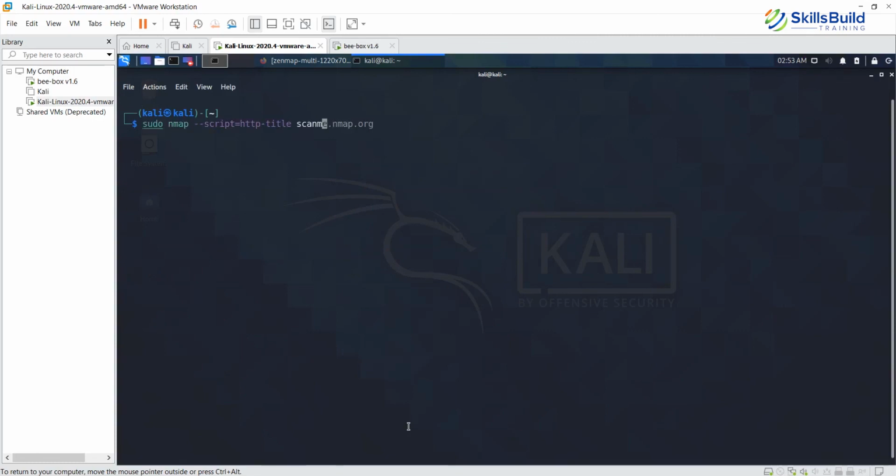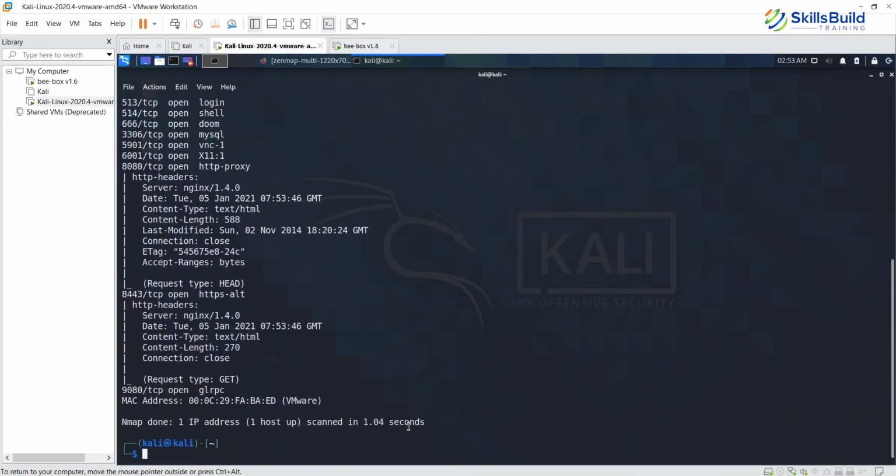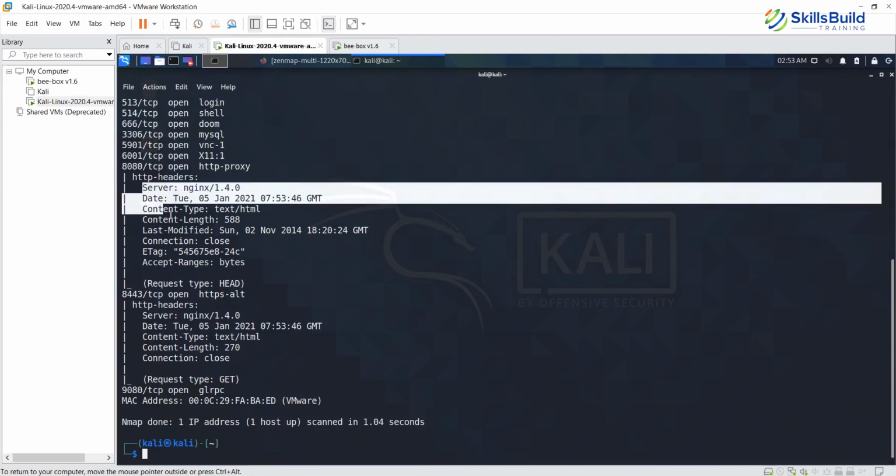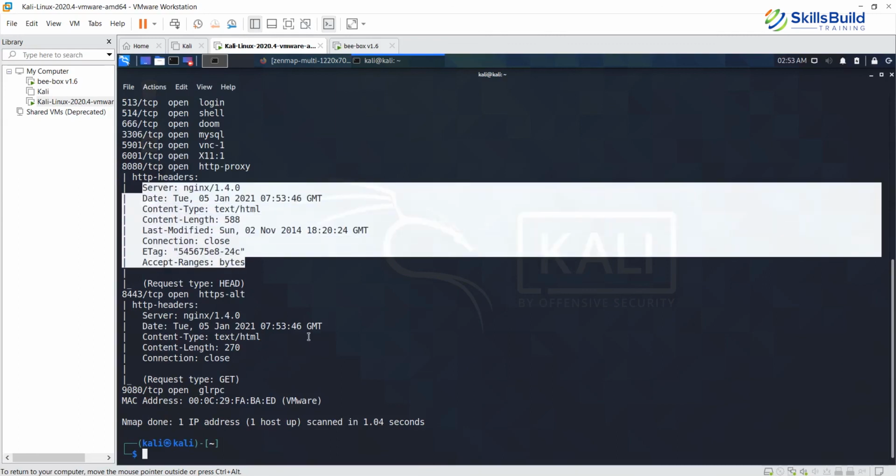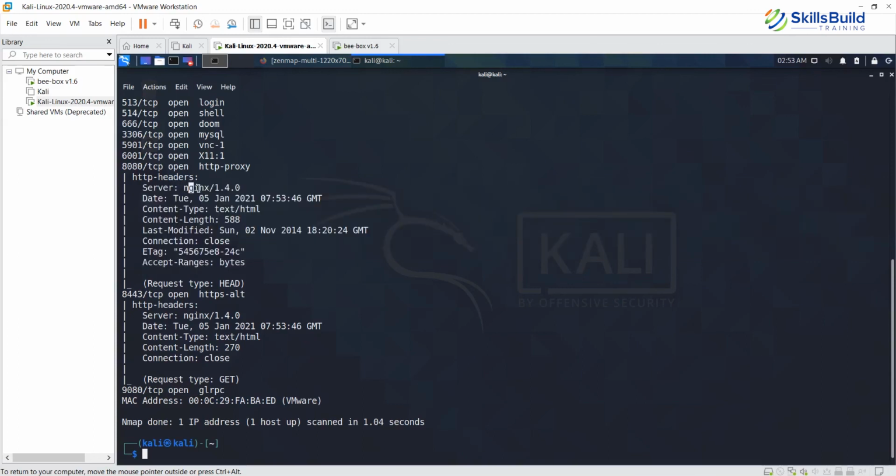Let's see. All right, so it's got the HTTP headers. See, this is where it makes a difference, because if you have all this information and you know that you need to exploit this particular web server, you can look up what kind of vulnerabilities it would have. I simply go on the internet to find the vulnerabilities, and if one of them is unpatched, I can exploit that.